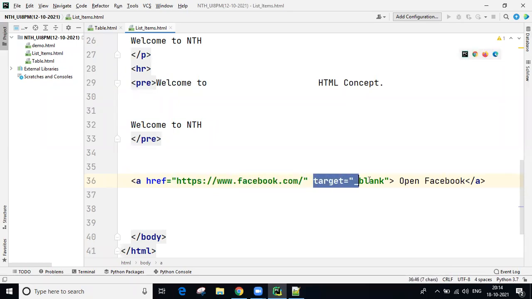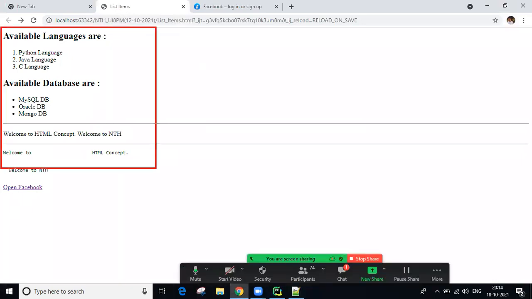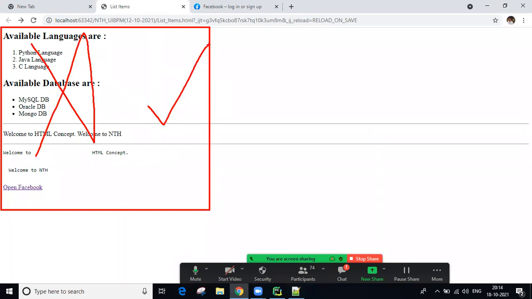By default, underscore self is there, which means whenever you click this link, within this current page only the Facebook page replaces it. This is removed and the Facebook page opens. And if you are using the underscore blank attribute, target equal to underscore blank, then whenever you click, this page stays here and a new tab opens with the Facebook page.